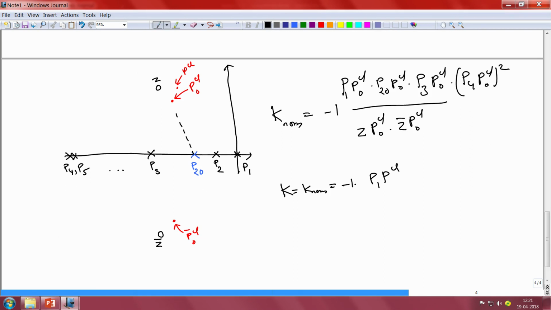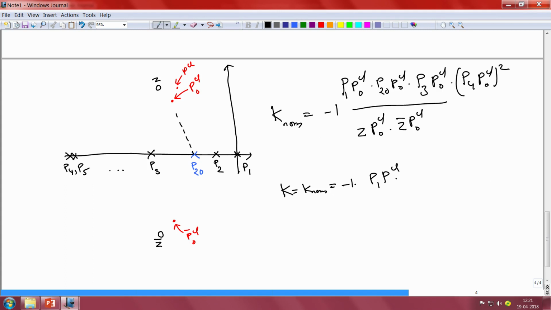When it is at P2, let us assume that the closed loop pole will be at the point PCL. So nominally when it is at P2 naught, namely at S is equal to minus 1, the closed loop pole will be at PCL naught. Since the point PCL would also be a point on the root locus, we would have the root locus equation valid at this point PCL, and hence the value of S, the complex number S evaluated at the point PCL, is nothing but the complex number P1 PCL, and that is what has been written here.